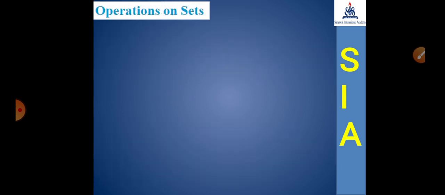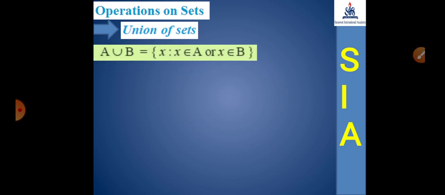So first of all, I am going to operations on sets. Generally, there are two topics in operations on sets: one is union of sets and second is intersection of sets. One by one I will explain in depth. So in operations on sets, the first point is union of sets. Union means both set A and set B elements are present, and when I write it in set form in curly brackets, it is called the union set. It is indicated here in the green slide as X such that X belongs to A or X belongs to B.